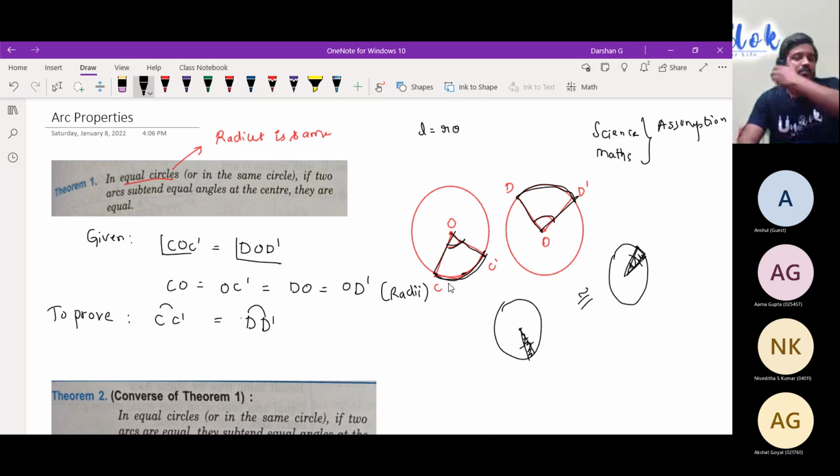So this theorem is not going to come in your exam for sure, because they tell you to put one circle on the other and see. That can be proven by two other ways. That is from yesterday's class. I had told you yesterday L equals R theta, which is not required. It's not there in your textbook actually.